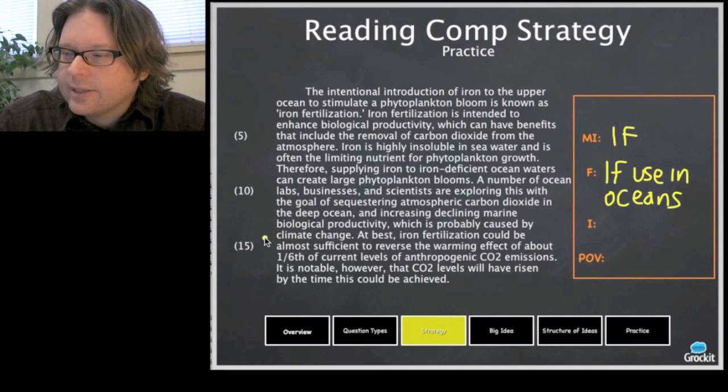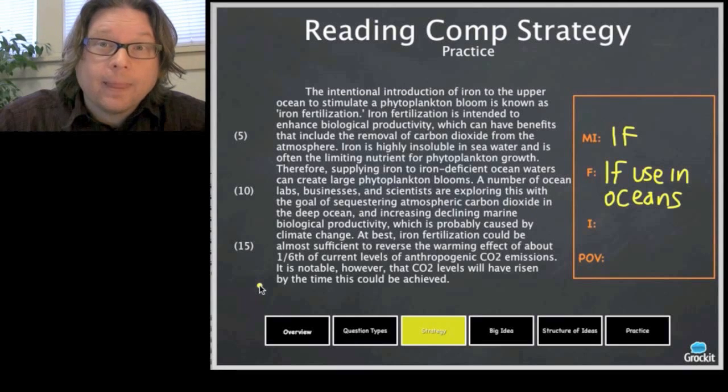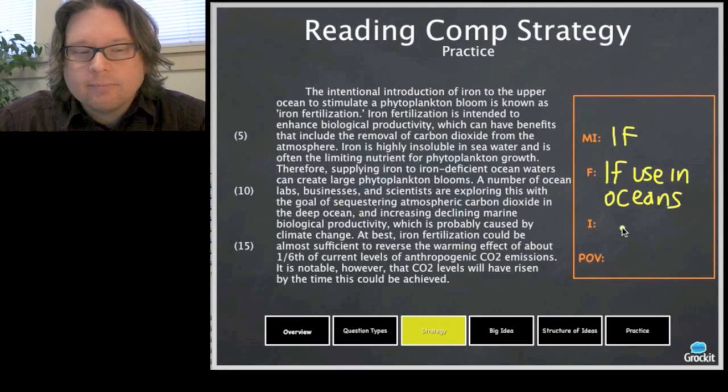At best, iron fertilization could be almost sufficient to reverse the warming effect of about 1/6 of current levels of anthropogenic carbon dioxide emissions. It is notable, however, that carbon dioxide levels will have risen by the time this could be achieved. Okay, so the intent, I